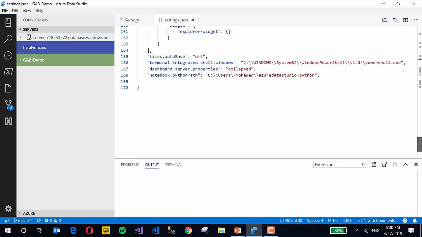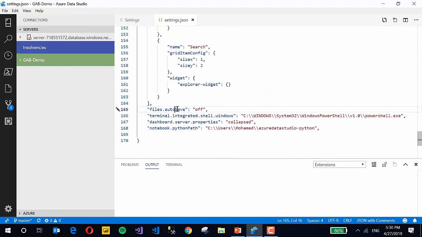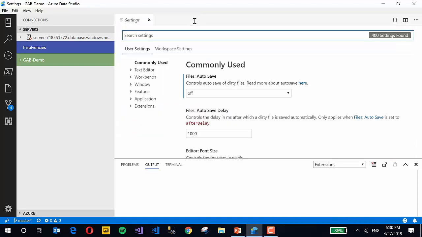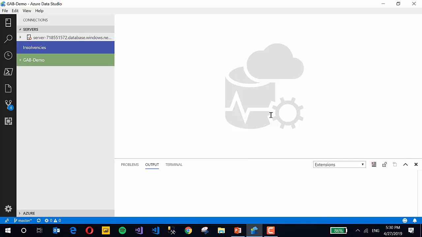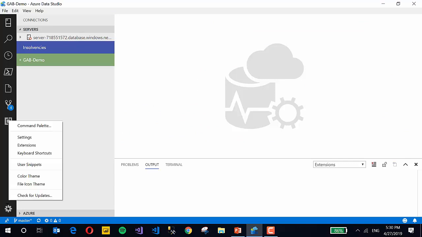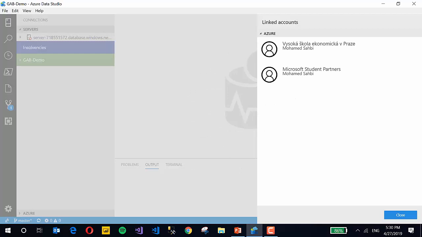And here also you can see if I want to make files autosave or not, which shell I'm using and everything. Okay, so this is one of the coolest parts about it. And here we're talking about Azure